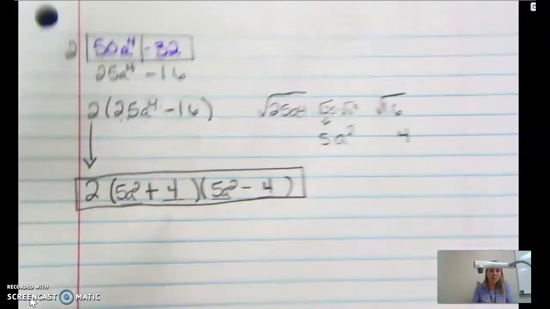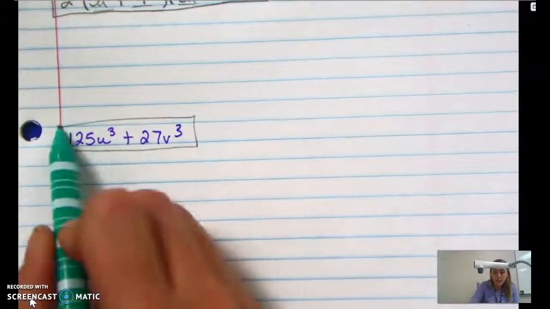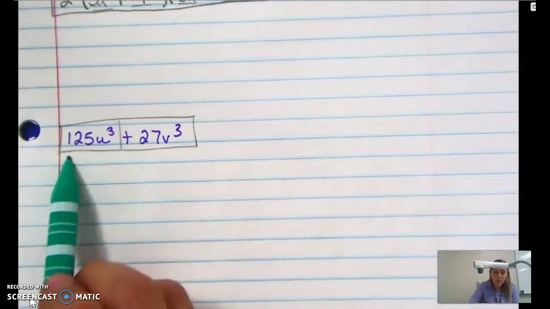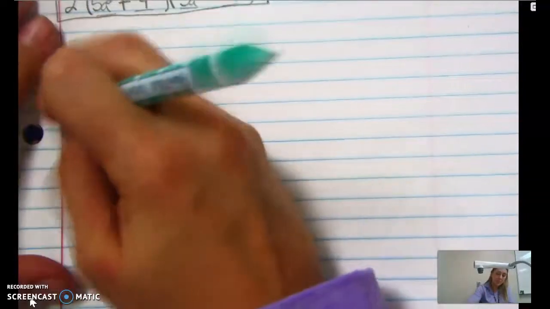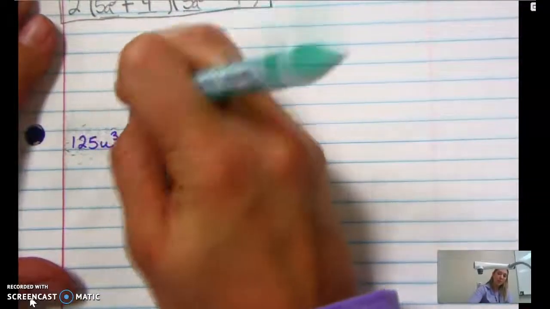So now we're going to do this one. Again, we need to check to see if there is a greatest common factor. 125 and 27. Nope, I don't think so. U and V. Nope, nope. So there is no greatest common factor. So now we have two different